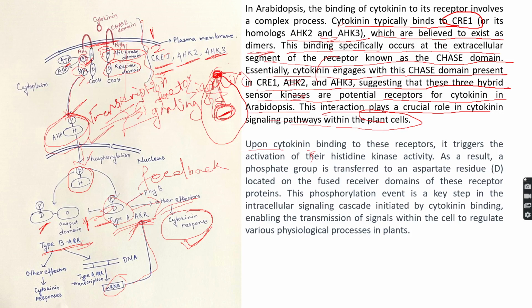Okay, upon cytokinin binding to these receptors, it triggers the activation of their histidine kinase activity. As a result, a phosphate group is transferred to an aspartate residue located on the fused receiver domain of the receptor protein. The phosphorylation event is the key step in the